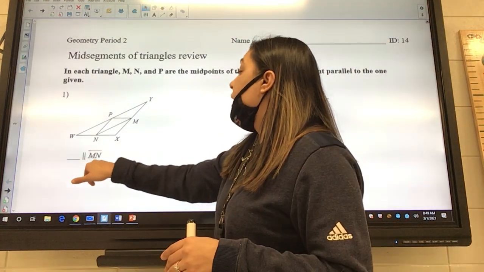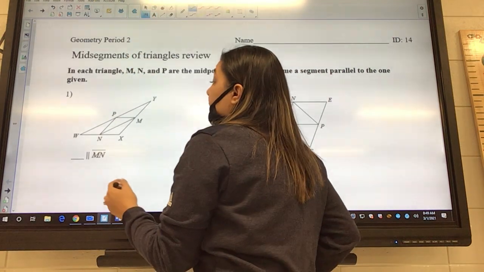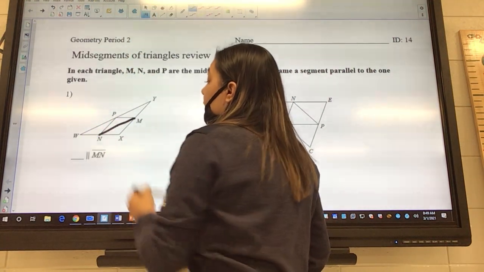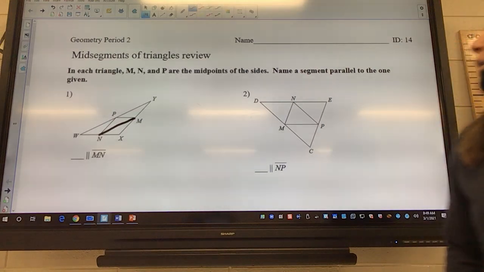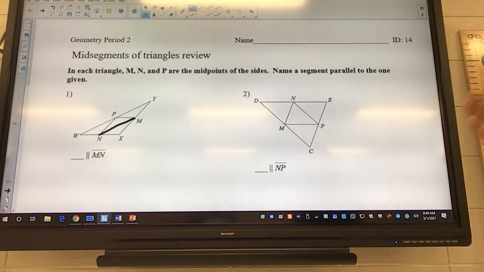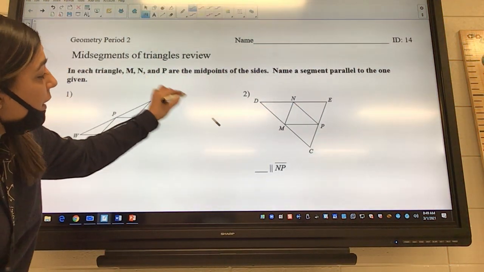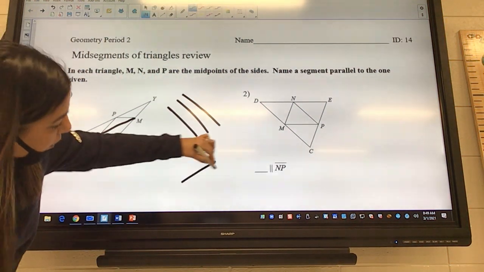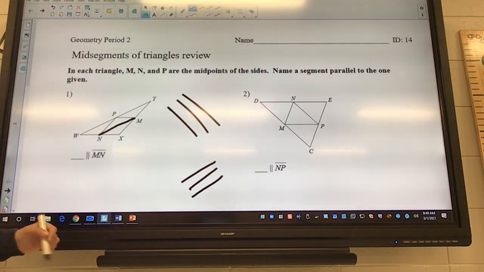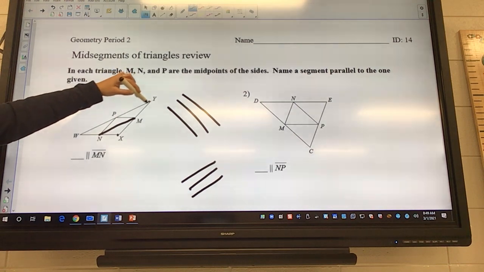So this one, it says MN, okay? And so we need to find MN, and we can see that MN is here. So what would the midpoint of that side be? It wants you to name a parallel segment. Well, for something to be parallel, they either have to be all like this or all like this. They need to be going in the same direction. And so our only two options are going to be X or